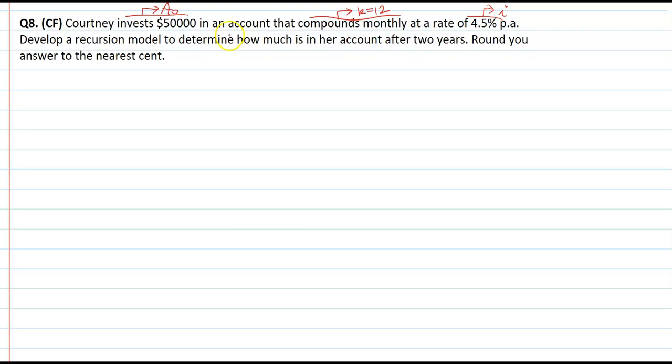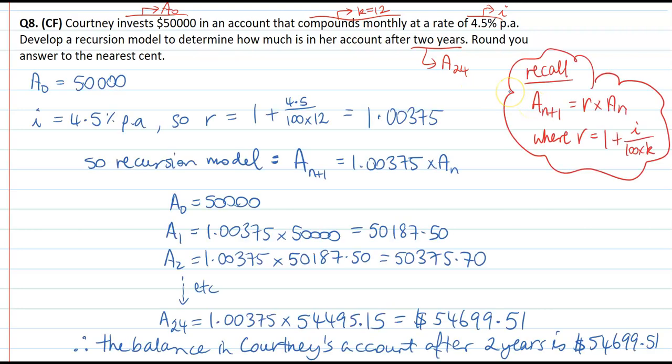So we want to find how much is in our account after 2 years. So considering that it compounds monthly, we're after the A24, the 24th term. Okay, so after figuring out the R value and our recursion model,